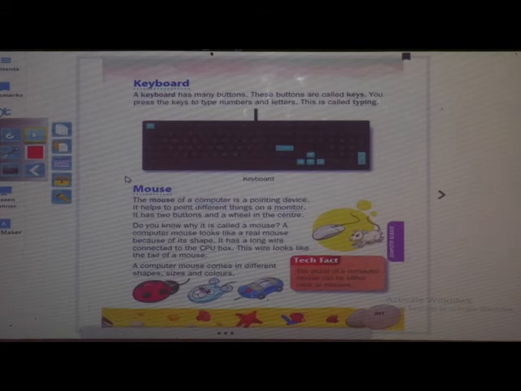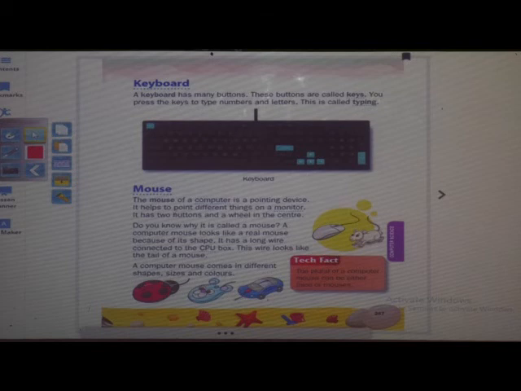So can you see the keyboard picture? Yes, here there are letters A to Z and numbers 1 to 0. Here also you can see the numbers 1 to 0, and the different functions that are used are here at the top, and here arrows, enter, space. We will study in detail later, but now you have to keep in mind that the keyboard has many buttons, those are called keys, and whatever we type is called typing.